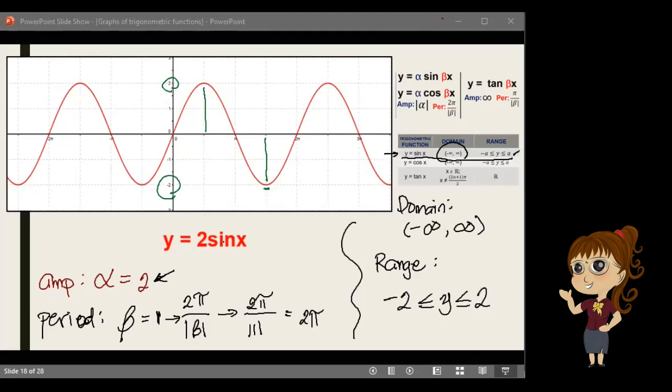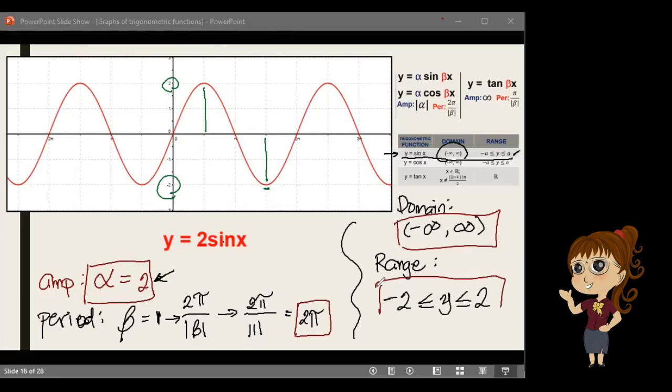And that is correct. And we're done, ladies and gentlemen. Ganun lang po kadali. We have our alpha, our period, domain, and range. The 4 things that we need when solving the graphs of trigonometric functions. So please take a screenshot of this. If you want me to rediscuss this item, please